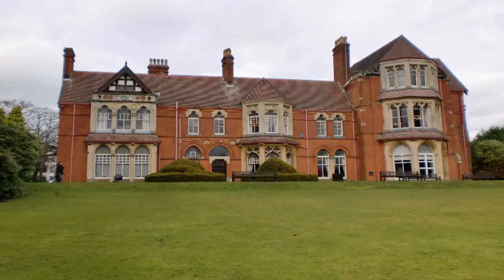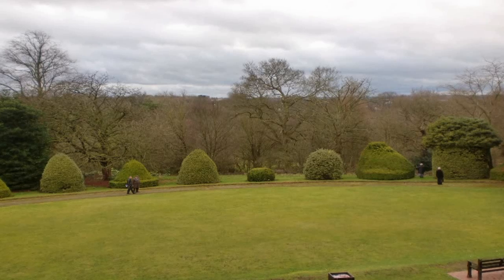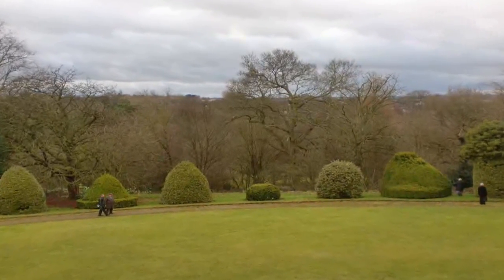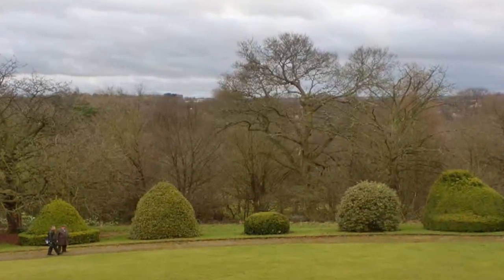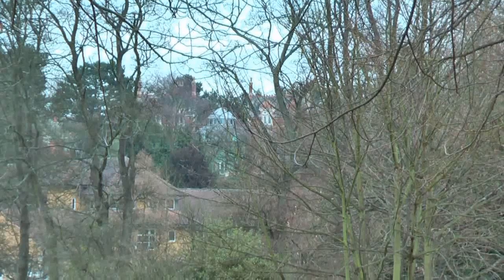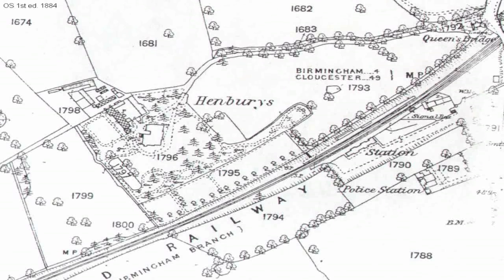The view the Chamberlains had in the 1890s will not have changed much from inside Highbury Hall, but from their high viewpoint they would have been able to view the whole estate, as 100 years ago the trees would not have been so tall. Their family letters suggest that they were able to follow developments on the former Henburys estate with interest. The Cadburys acquired the Offcombe estate in 1890, built Offcombe House and bought the Henburys from the Lyndon